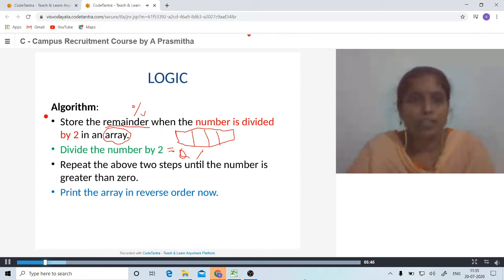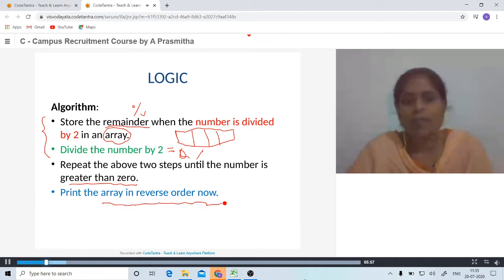These two steps are repeated until the number is greater than 0. Once the number becomes 0, we stop this process and print the array values in reverse order.